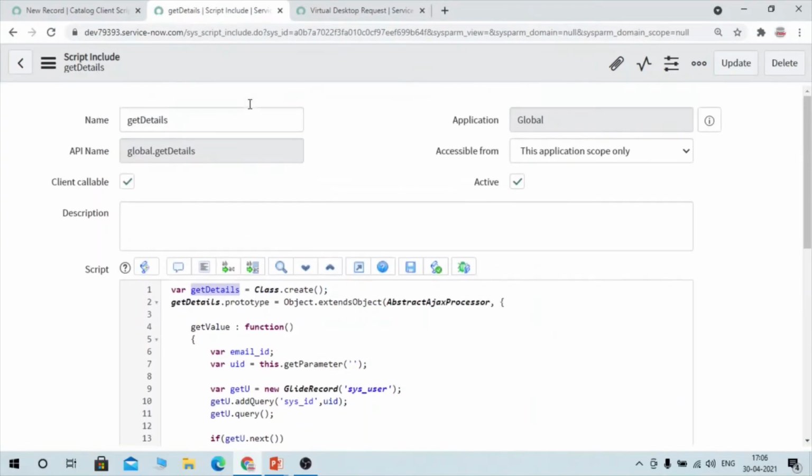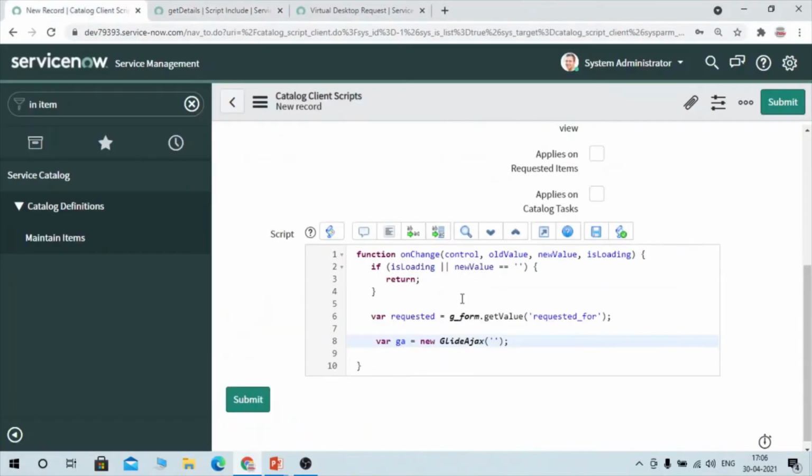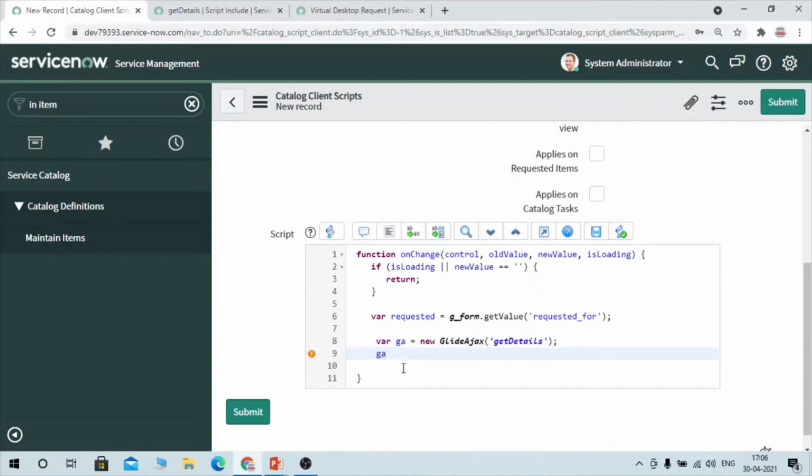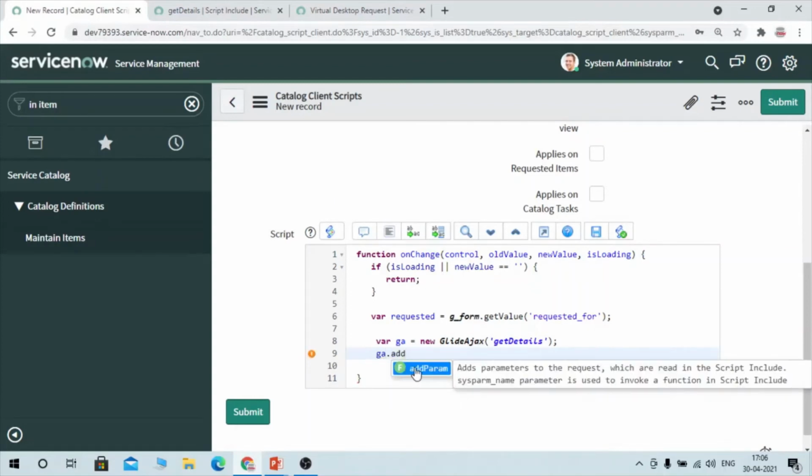This one, right? Done. Now you have to refer to this GlideAjax instance object and add a param, which adds parameters to the request that are read in the script include.